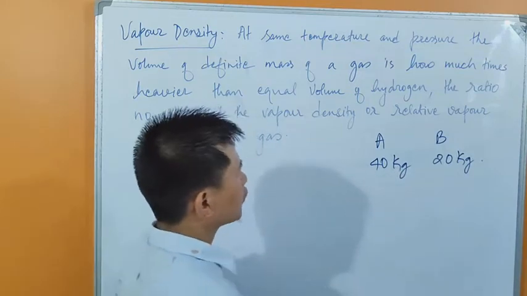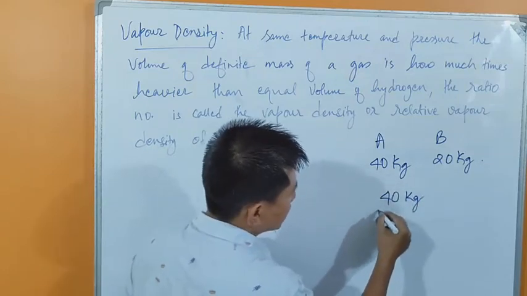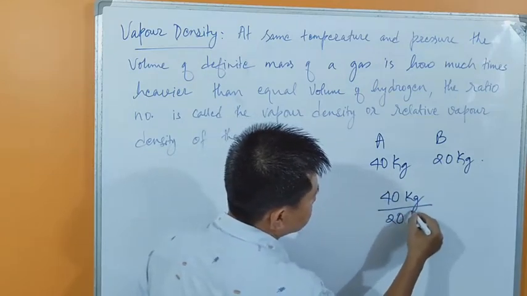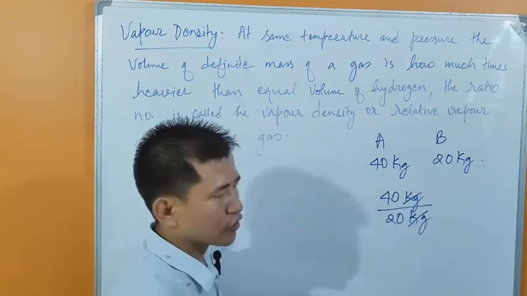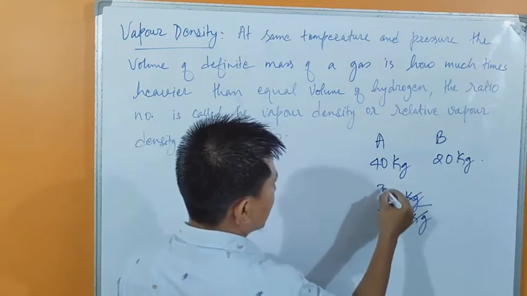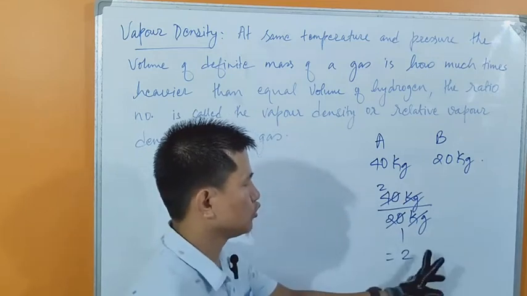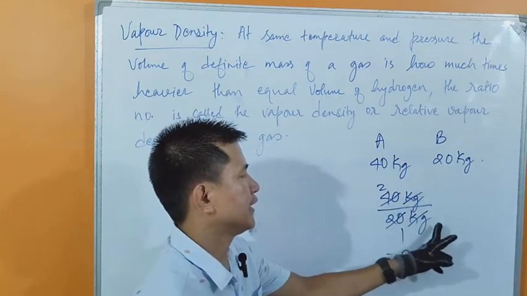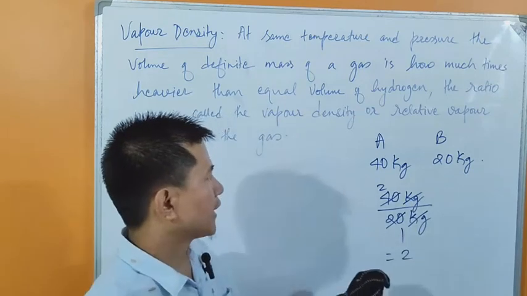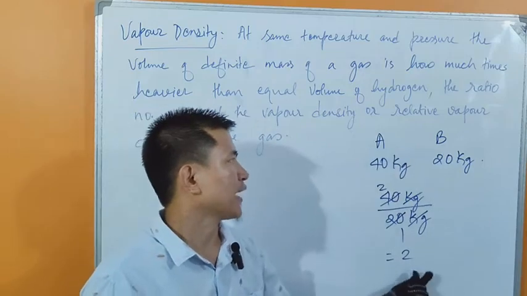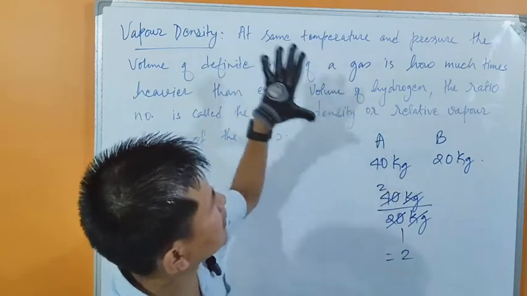To find that, what we usually do is take the mass of student A, 40 kg, divided by the mass of student B, 20 kg. The kg and kg get cancelled, and 2 times 20 is 40. So we get 2, and this 2 has no unit because the unit has already been cancelled; this is a ratio number. We can say student A is 2 times heavier than student B. The similar concept is applied here.